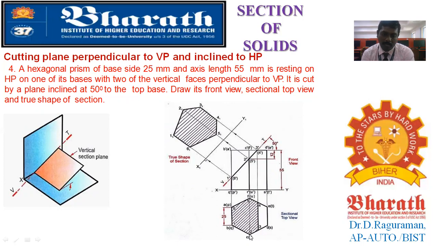2 will be what? The furthermost distance from the VP. So from the XY, the maximum distance is for 2, that is on the projection of the same, 2 to 5. Here at the 2 to 5 projection, from here the same radius you are transferring. You will be transferring the same distances from XY here, but now the shape is what? A diagonal shape, the true shape, so this portion is getting extended. That is the difference. That is what the true shape of section is. Whatever the distance for each cutting point from the XY, that is getting transferred here, and you will be obtaining your true shape of section.